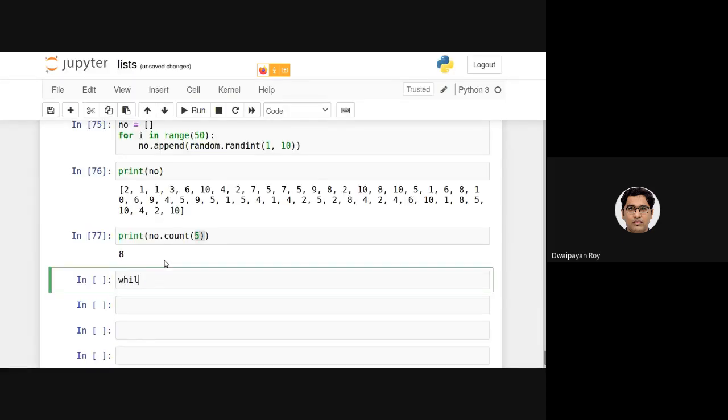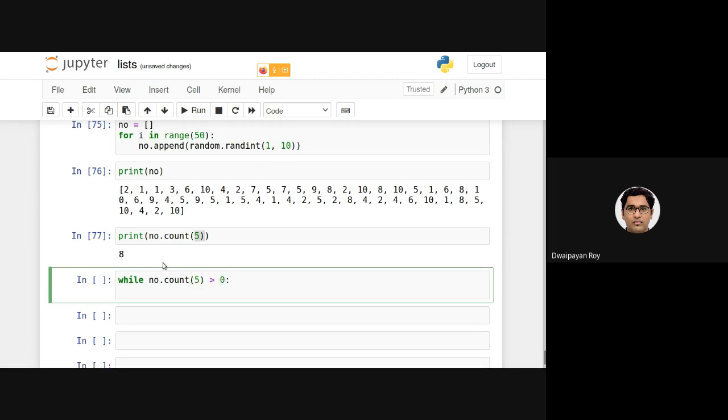So while no.count(5) is greater than 0, that is, greater than 0 means there is at least one 5 in this list, what I will be doing is calling the remove function.